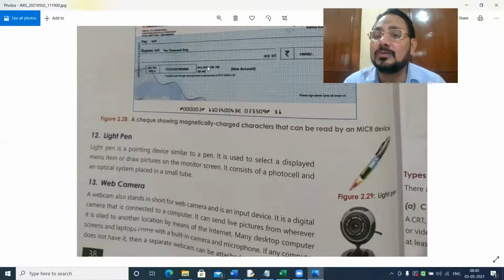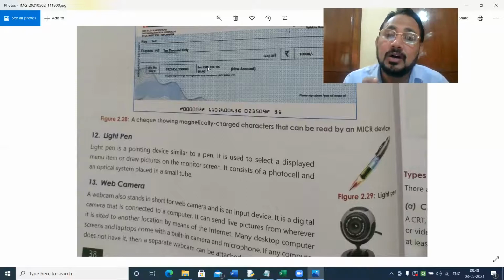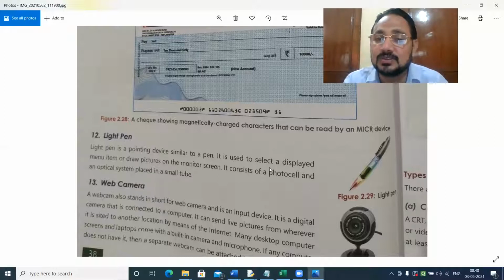All this is done while the game is live on the screen. He is just selecting with the light pen, which is used to select a displayed menu item or draw a picture.